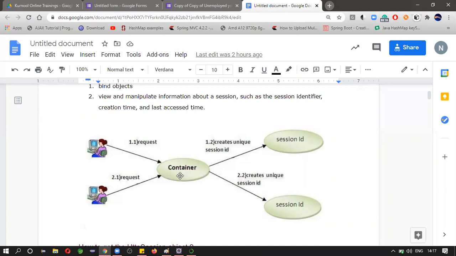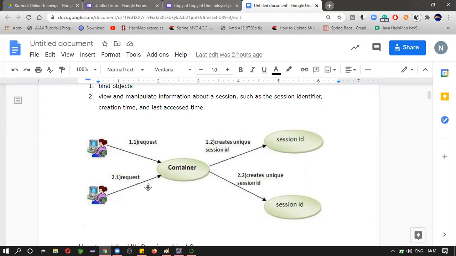See, open two browsers, Chrome and Firefox. If you are requesting the same server from Chrome and from Firefox, both are creating what?